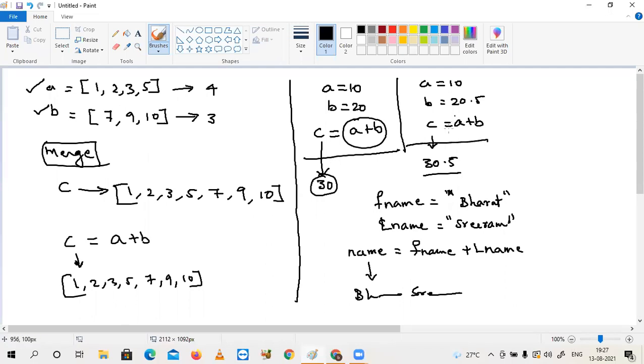In the second example, the arithmetic operator is plus. Third example also, the operator is plus. In the fourth example also, the operator is plus. Understand? But based on the given values, based on the data type of the objects, the meaning of plus is changing or not? Yes. This is technically called, as per object-oriented programming, operator overloading.